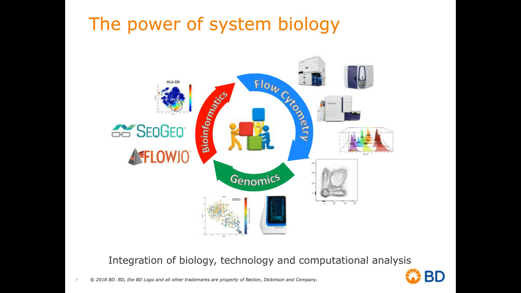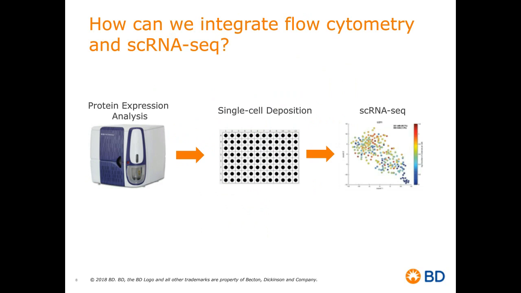How can we integrate flow cytometry and single-cell RNA-seq then? So let's start from the workflow that we described before. We analyze our sample by flow cytometry. We identify a population of interest. We can now sort that population and perform a single cell deposition into, in this case, a multiwell plate, and the cells that have been deposited in the plate would be taken for a downstream genomic application in single-cell RNA-seq. However, in the absence of index sorting, the function that we are going to be talking about today,